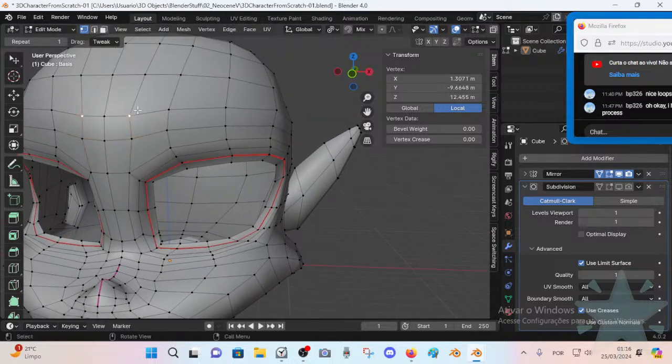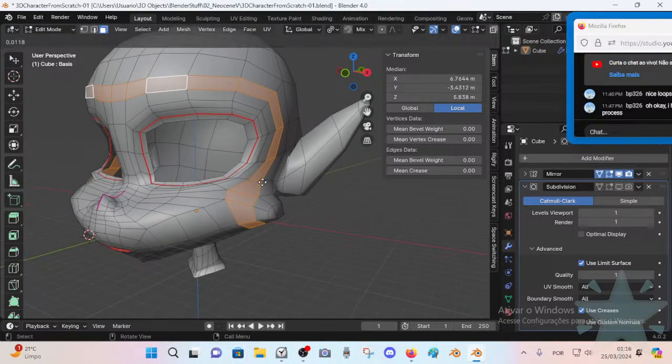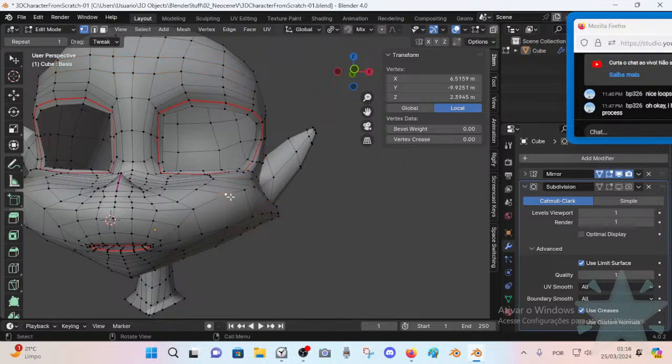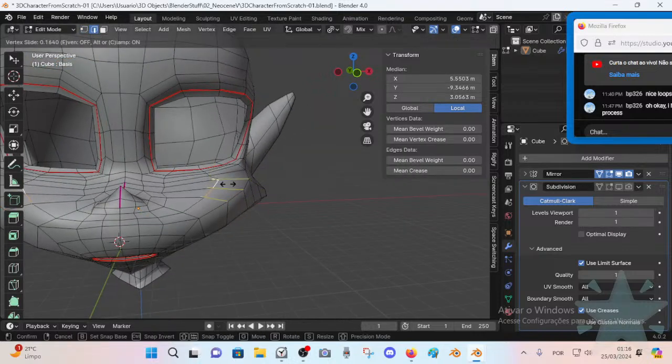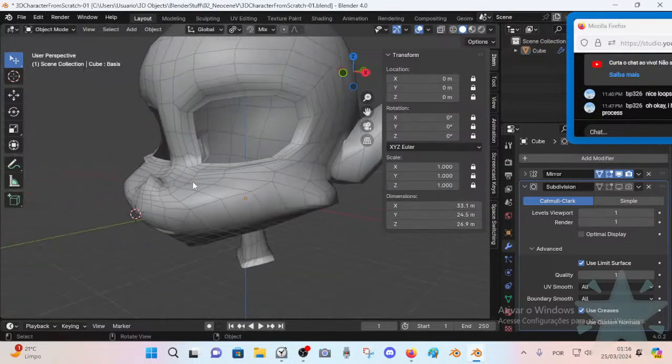For example, I've realized that the subdivision surface modifier was lagging my rig with physics in my computer. So in this case, a good idea, I thought, well, maybe I need to apply the subdivision surface modifier, right? Because it was lagging, even on very low